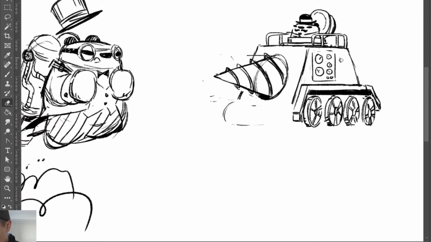Here's a couple buttons, and maybe we have like a lever here too. Levers don't make sound effects really. I'm just making them right now. Okay, and then